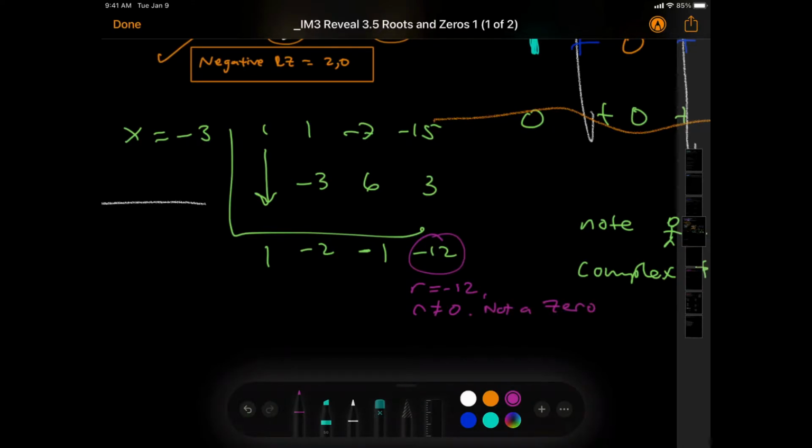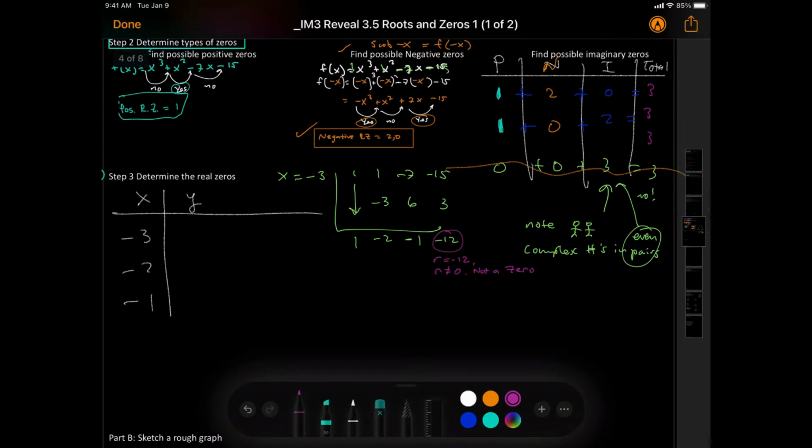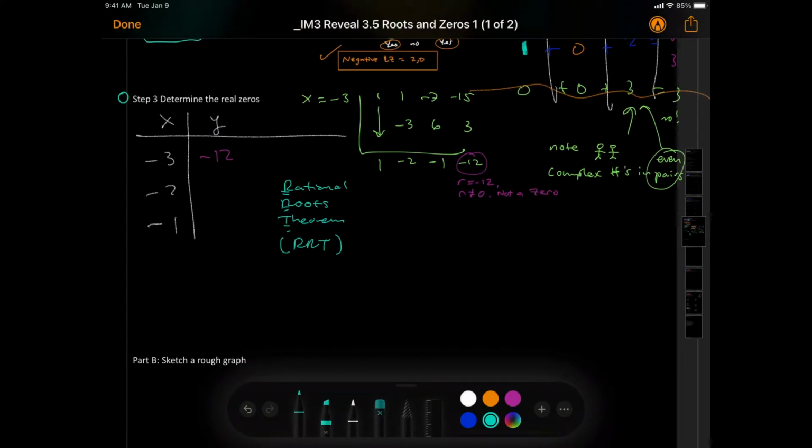You remember this? Okay, what do we have here? -12. Okay. So then I have to basically check all the single numbers out there. Now there's something the textbook didn't want to teach you guys, which I kind of noted previously. You could use something called the rational roots theorem, and you can see the abbreviation RRT. At least it gives us some starting points. You're still kind of guessing, but for now, I'm just gonna tell you guys a way by